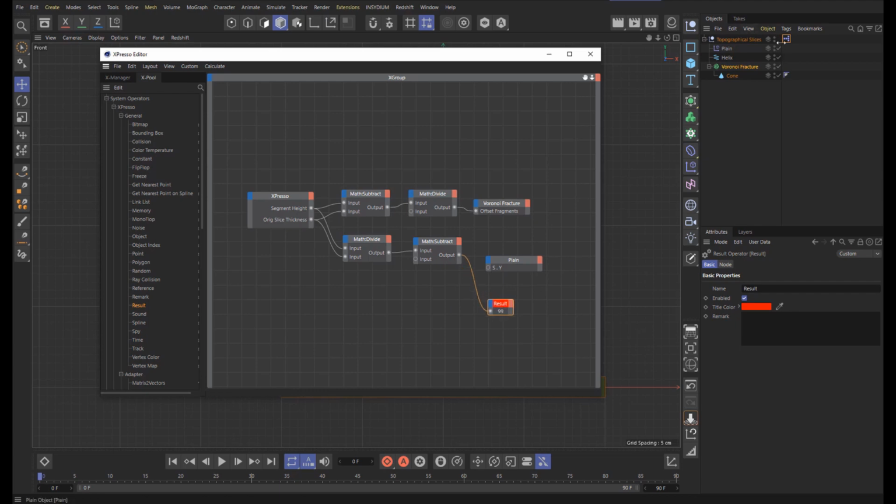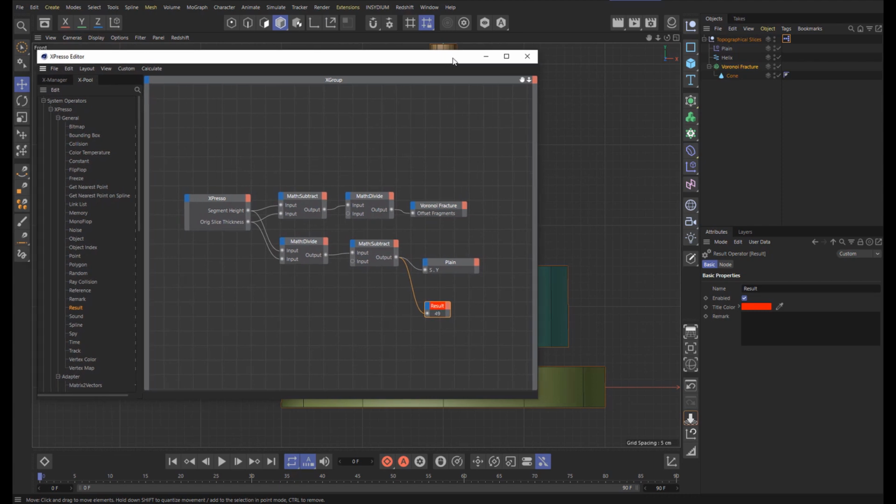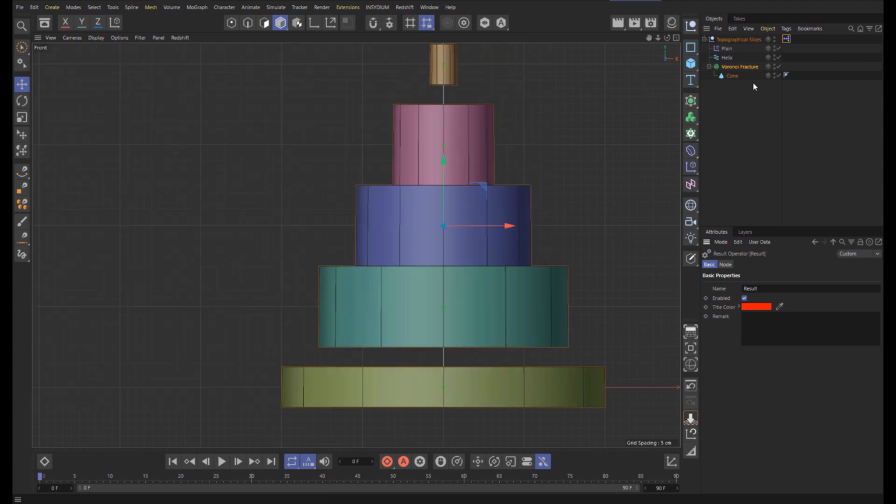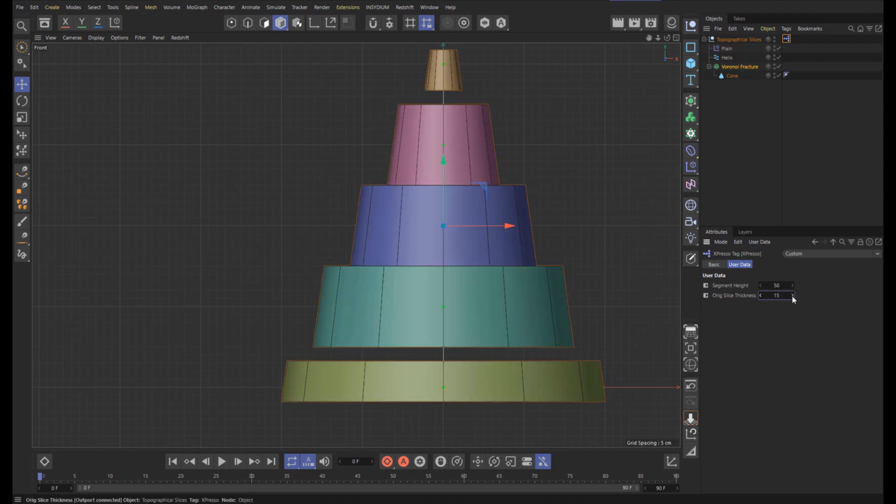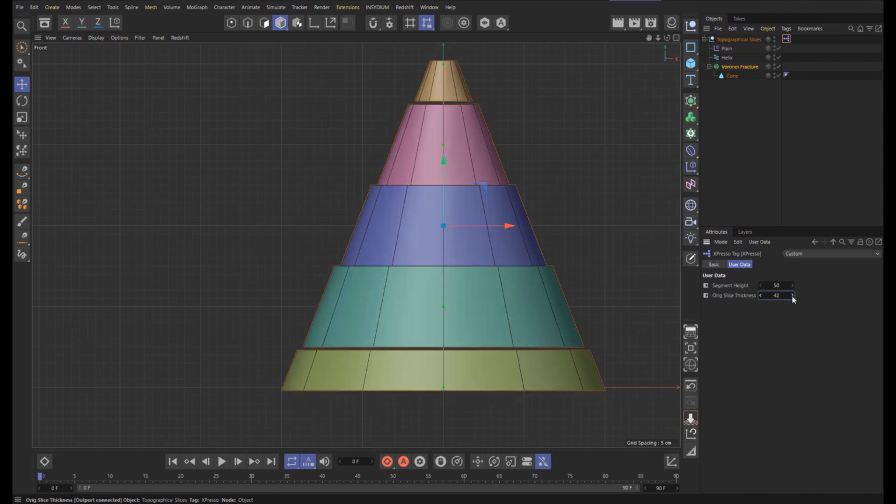Now why is that? Go back to my, because we have a half here. So if I change this to 1, 49 was the number we used. So that math is working. So I'll plug that in. So now both of these parameters should work. So go here, and as we change the original slice thickness,